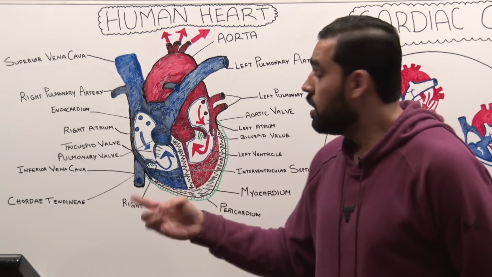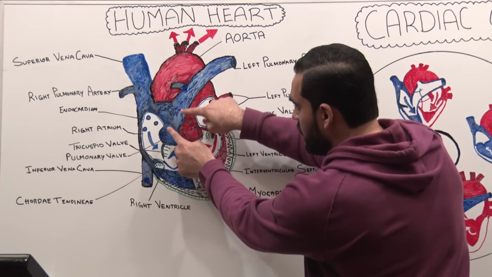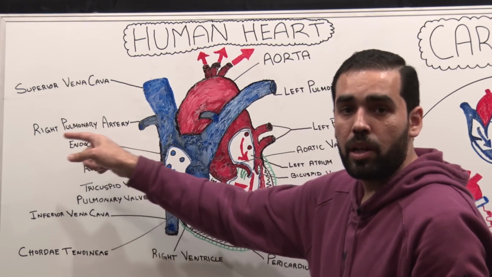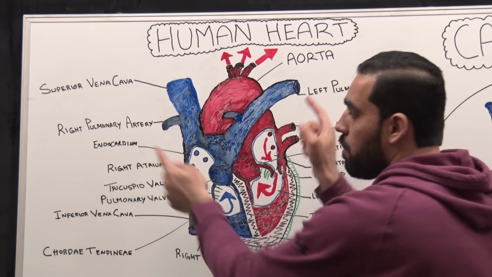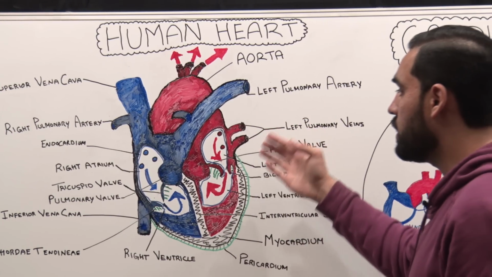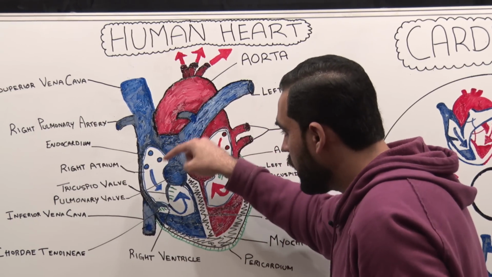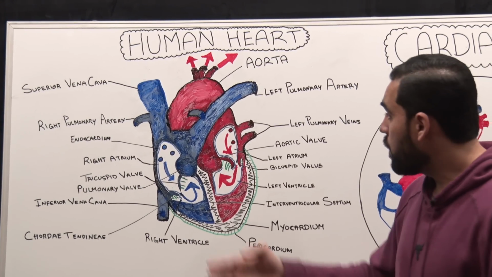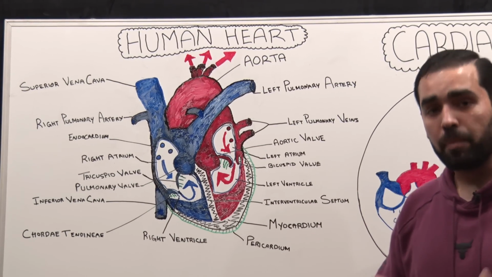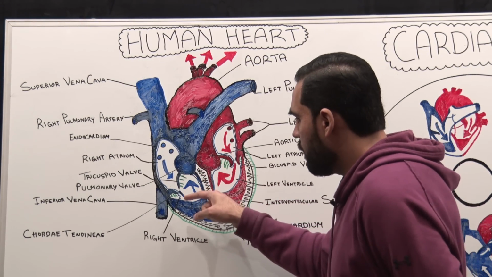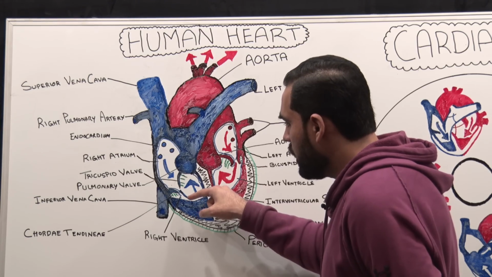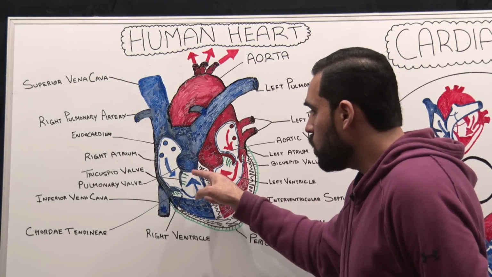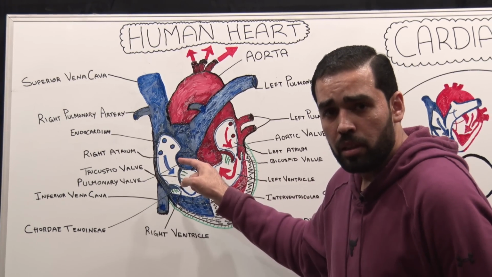Now you can see that this artery basically divides into two. This is the left pulmonary artery and this is the right pulmonary artery, because each artery is taking the blood to each lung. The reason for that is because the blood that is draining into the right atrium, then into the right ventricle, is deoxygenated, and it needs to be pumped into the lungs in order to pick up the oxygen. Now, from the ventricles, the blood is pumped into the pulmonary trunk or the pulmonary artery through the valve, which is called the pulmonary valve.